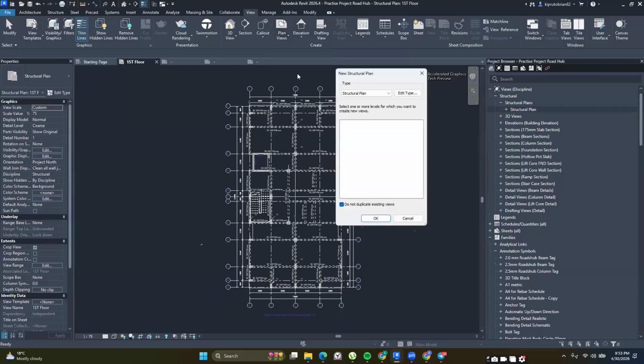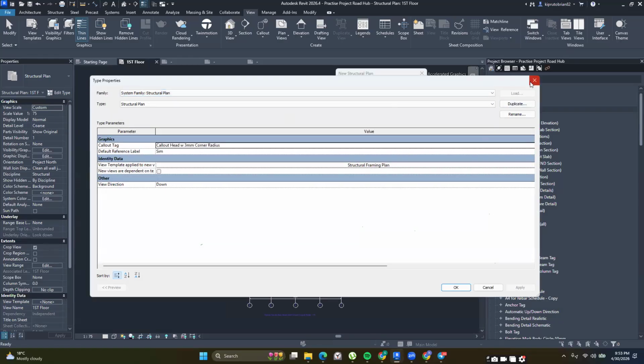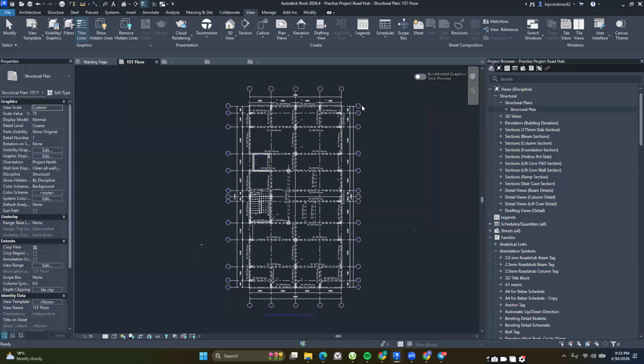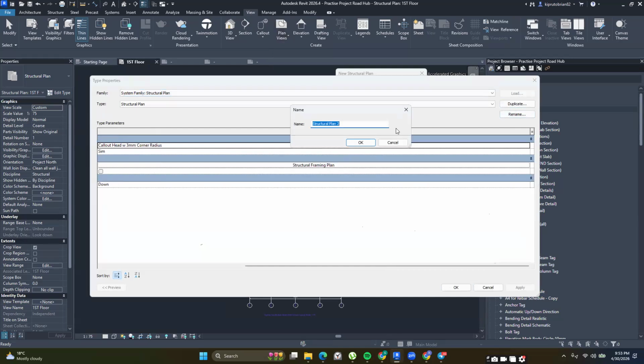And then once we come here, we are going to click on edit type and duplicate this. So instead of where you went to generate these floor plans, you could create another section for it. Just go to floor plans, structural plan, and then click on edit type, duplicate, and call it